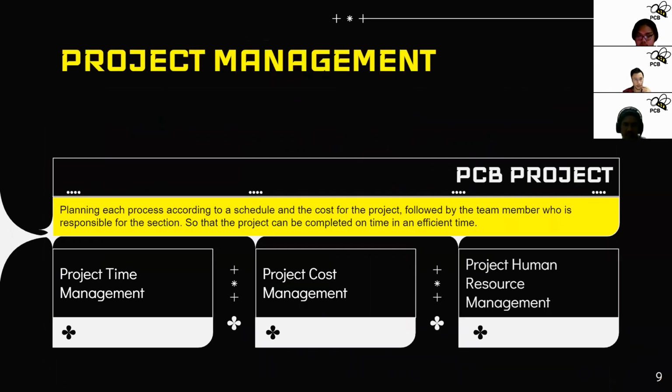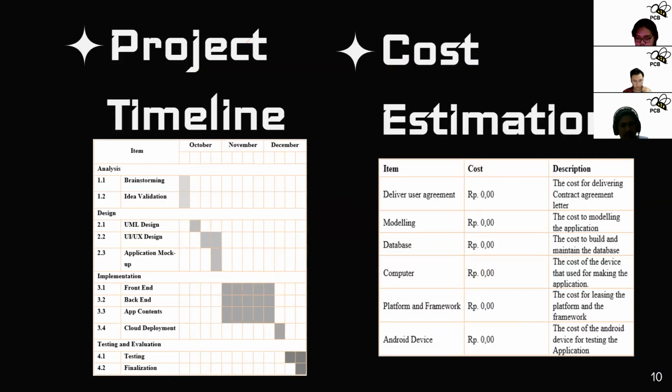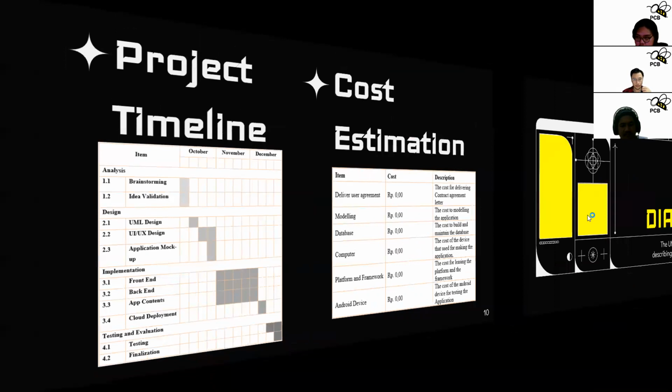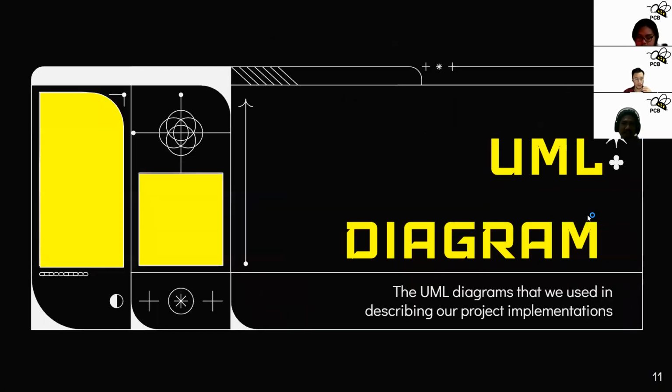Okay, so here are our projects, which will be divided into 3 project management. The project timeline is divided into several parts, which consisted of 3 months of planning and making the project, which already ended in late December, when we already made the application and already gave out the release. And then as a whole, our project costs 0 rupiah. So next one will be continued by my friend Zufar.